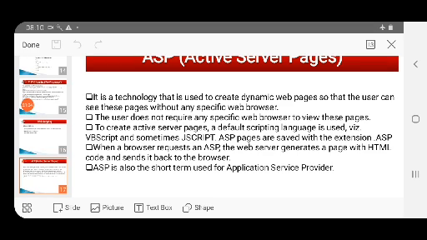When a browser requests an ASP page, the web server generates a page with HTML code and sends it back to the web browser. One more thing: ASP also stands for Application Service Provider, like ISP, Internet Service Provider.